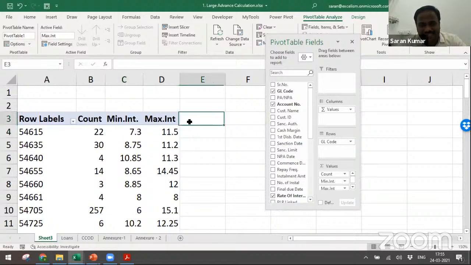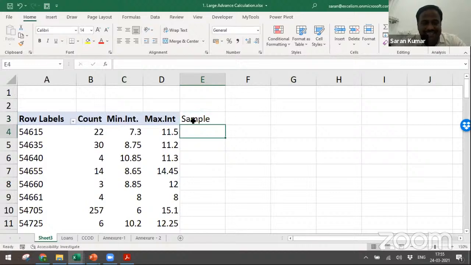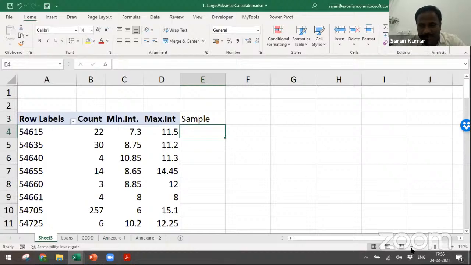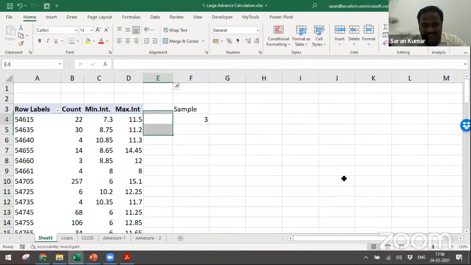See, if you take a sample as an auditor, the highest has no meaning, because if the branch manager intentionally keeps it highest, I don't think any customer will leave him alive, because customers are the ones who will check every time, come back and ask questions and so on. If the bank manager really wants to benefit the customer, he will go to the back end and feed the lowest rate of interest into the system. So if you ask me as an auditor, I take the sample out of this 7.3. Out of 22 accounts, let me take 2 to 3 accounts. So let me take 3 accounts in this. Before this, let me have a difference to know the spread.